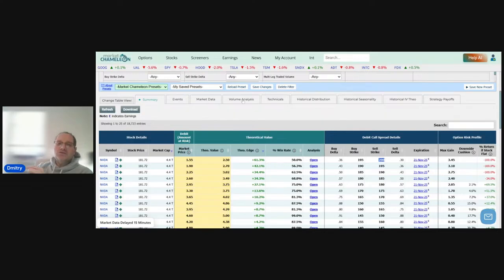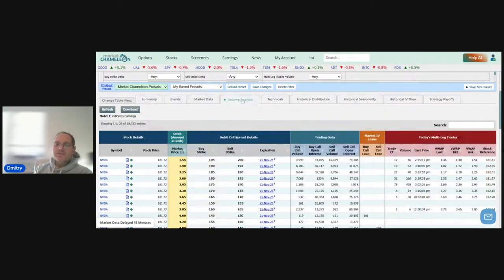So to do that, before we do that, I'm going to first go to the tab which shows us that data. So we're going to go on volume analysis. Okay, and here in the data table, you can see we still have NVIDIA. These are the spreads. And here we see the volume that's traded on a day. So we have two strikes, right? We have one on the buy strike and one on the sell strike. So this is the volume on the day,